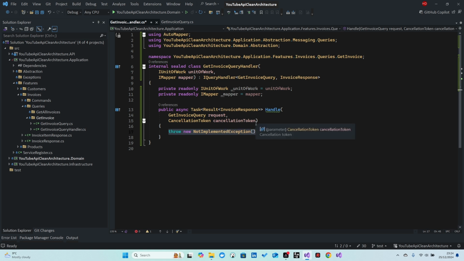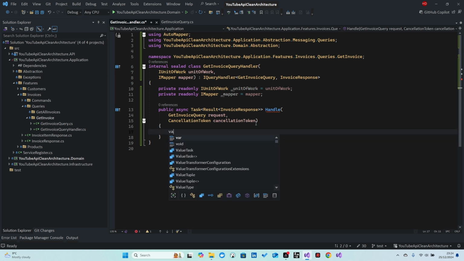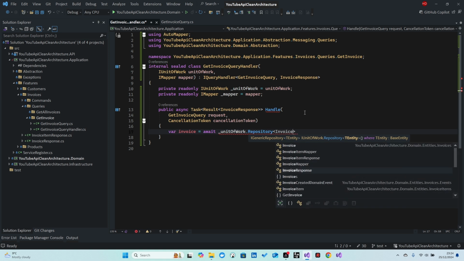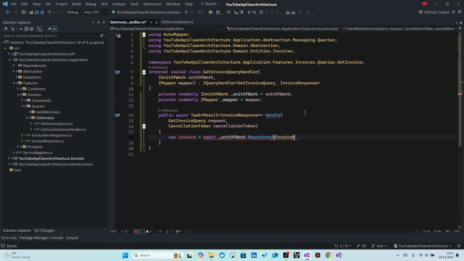Alright, let's get the invoice. For invoice, await, but this time we're going to use the other method instead of get by ID because we need to show the invoice items, so we need to include the invoice items. Alright, unit of work dot repository invoice get all,